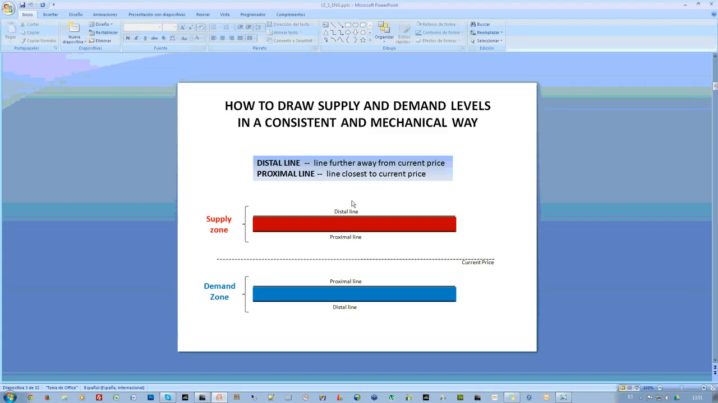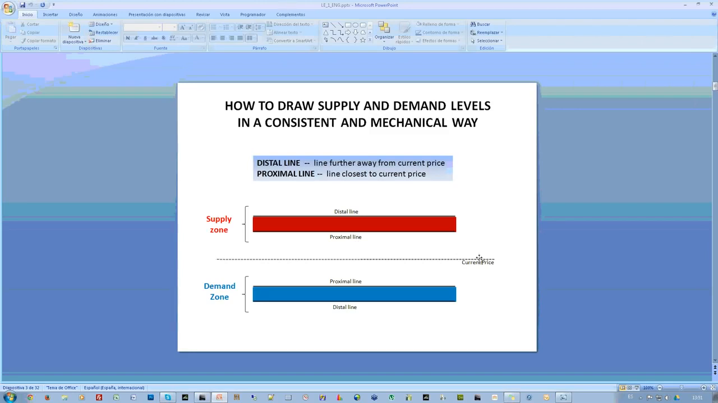So, in order to understand how to draw levels, you need to understand which are the components of each of the two levels that we have: a supply zone or level and a demand level. Both are composed of the same things: one distal line and one proximal line. The proximal line is the line closer to current price. If this is the current price for